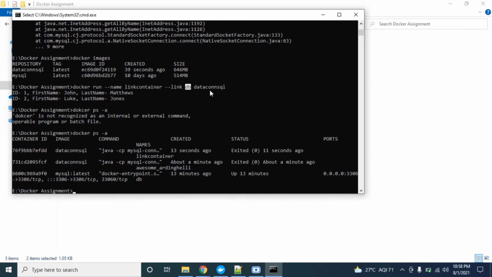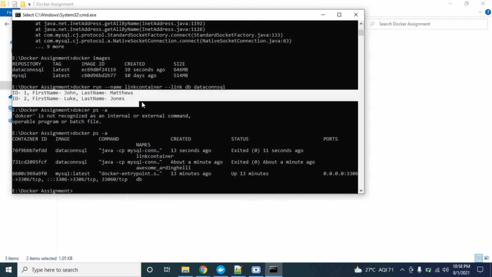We have to link these two containers, and for linking, this link is used. Now we are able to get the data.